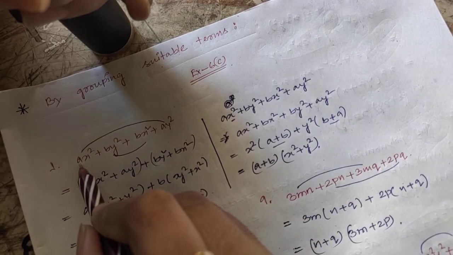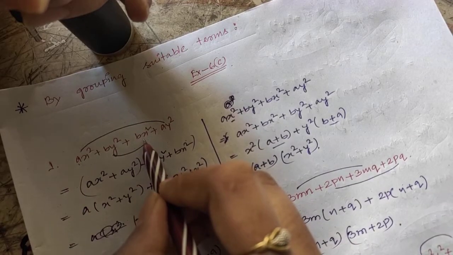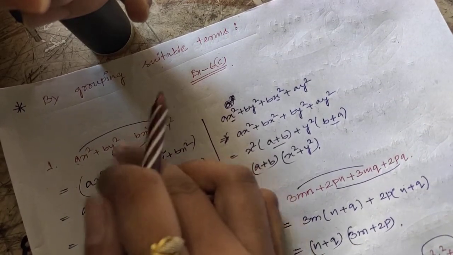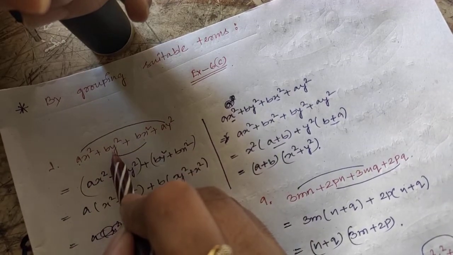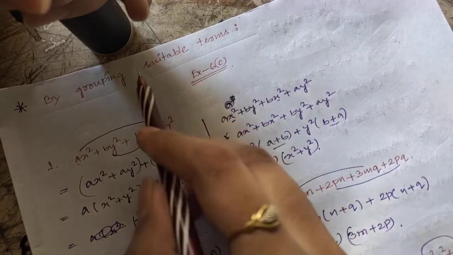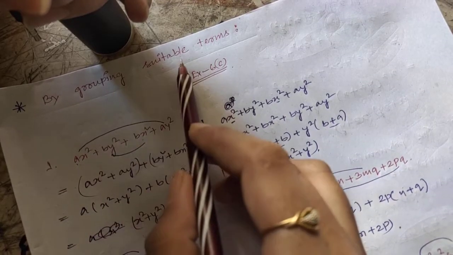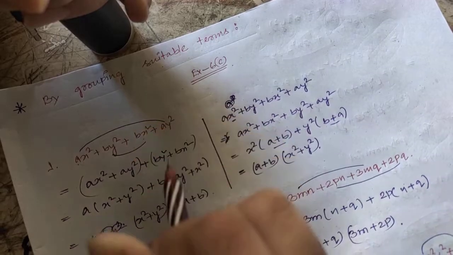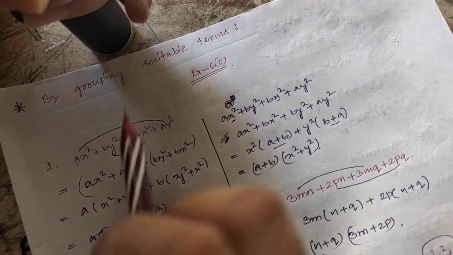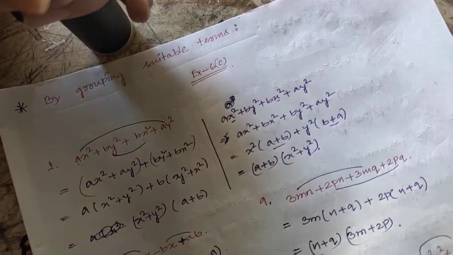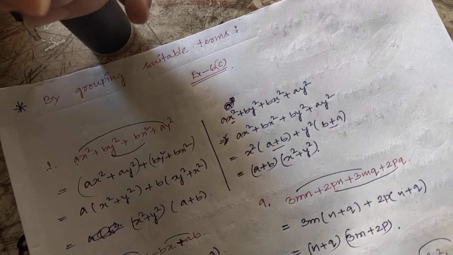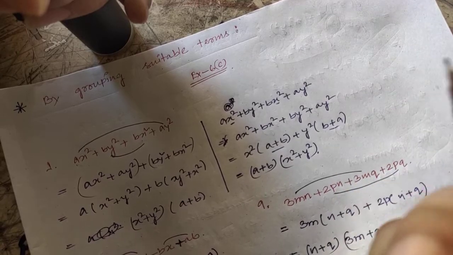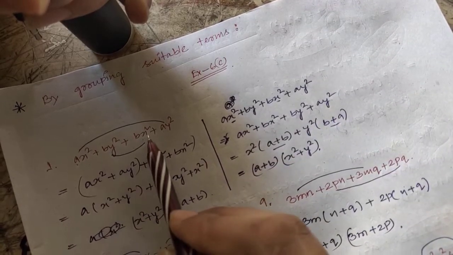But if I see here ax², here bx² is there. So that means I can arrange these two terms, I can write these two terms beside, and again these two terms beside. Suitable terms in the definition itself is given by grouping suitable. That means you have to make the group from where we can take the common, at least a number or some literal, whatever alphabets, at least one common. So for this we have to make groups.